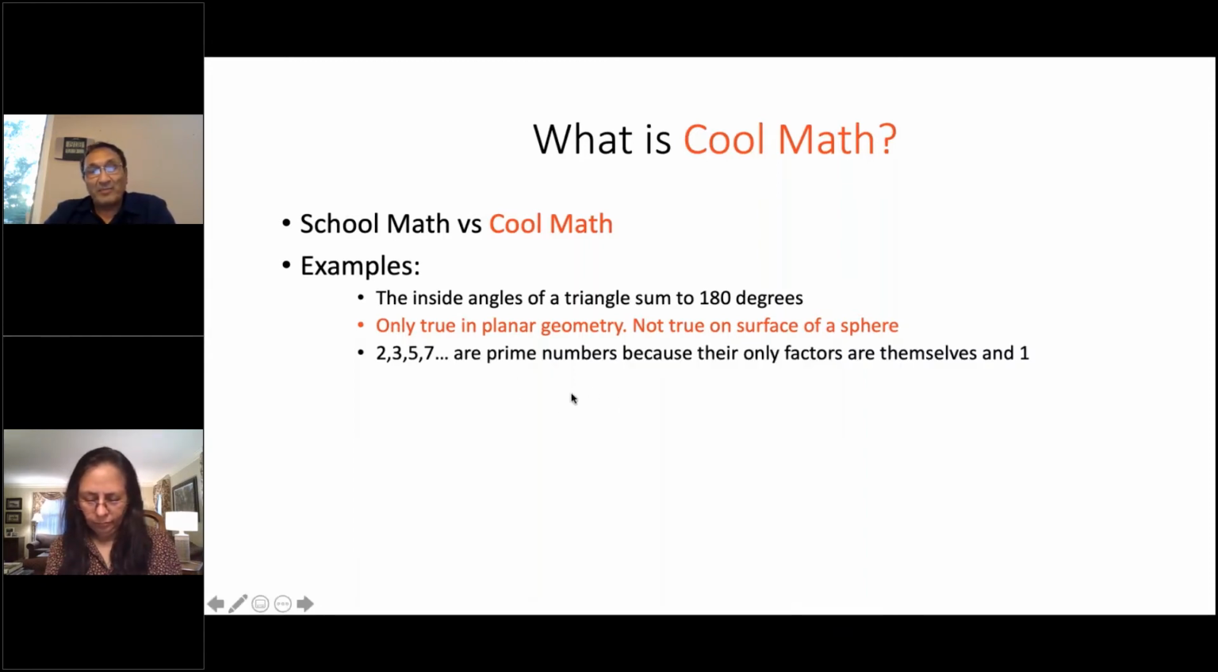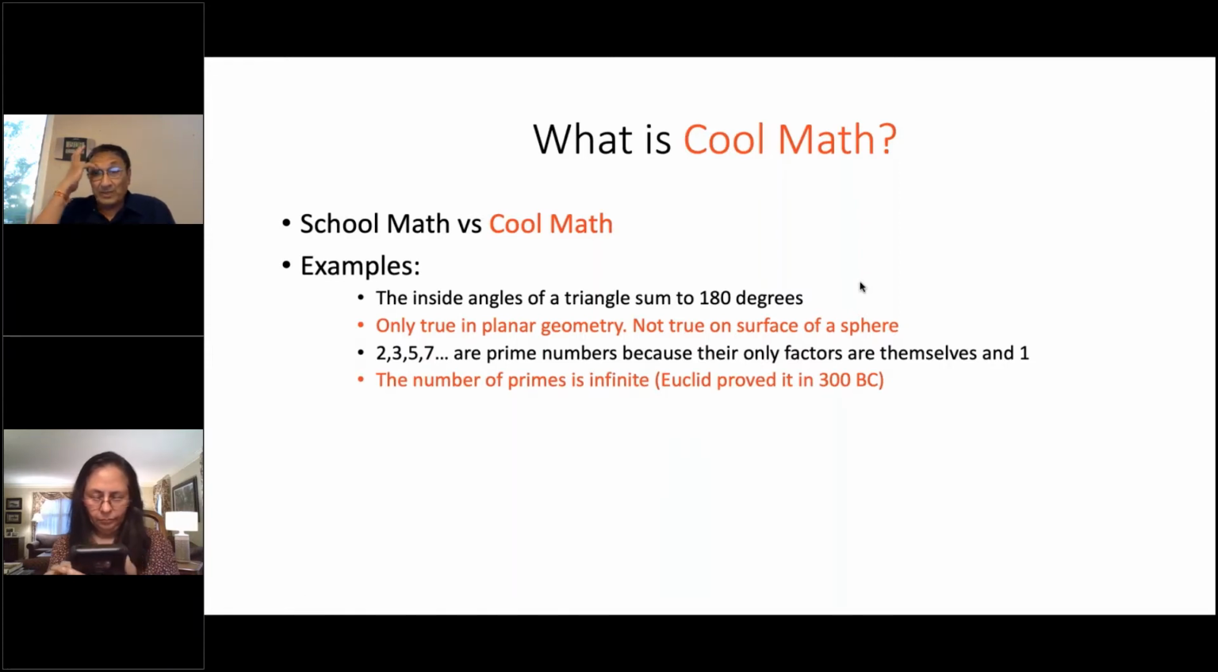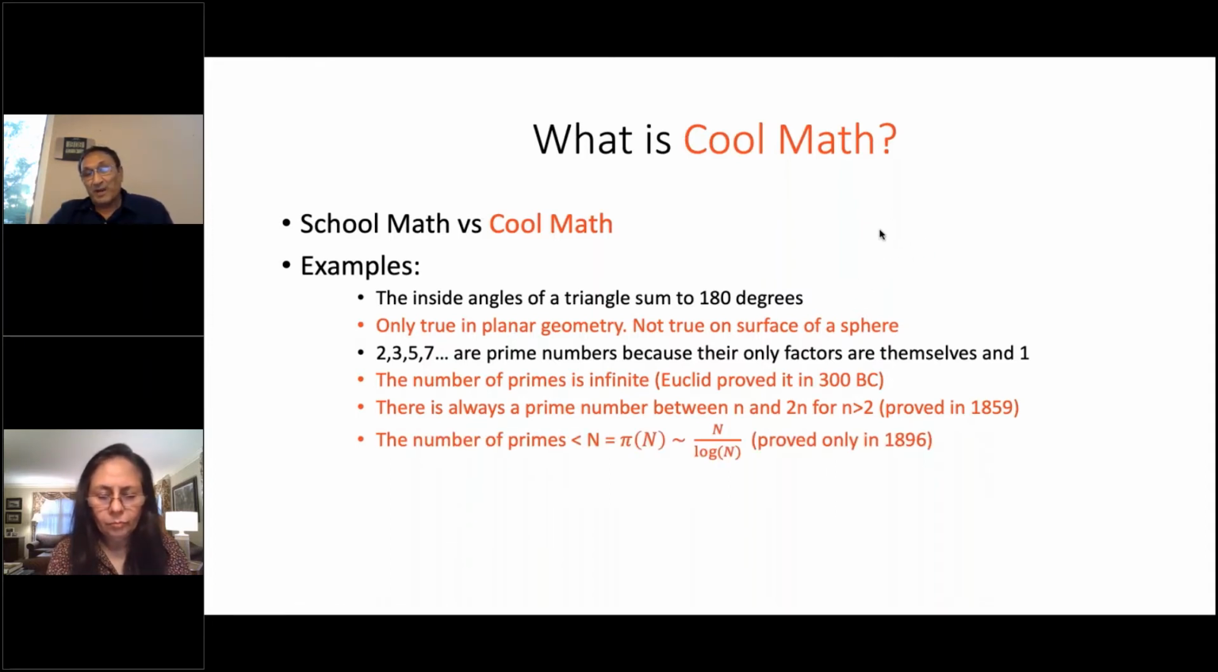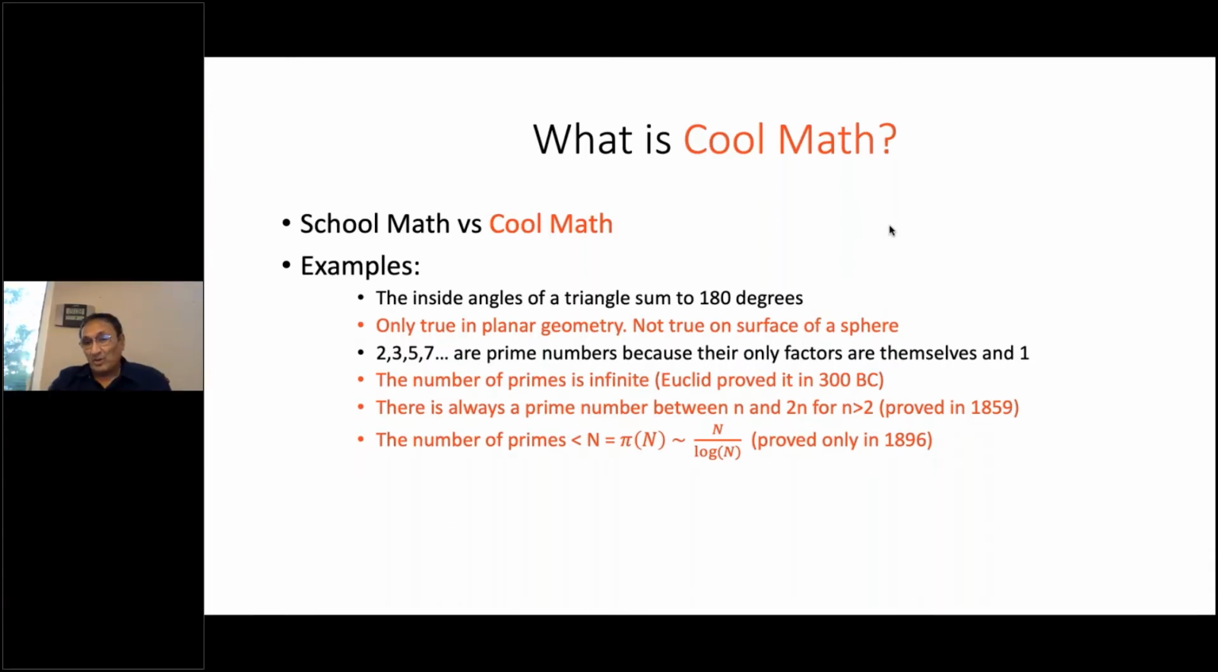Then you're told that there are things called prime numbers, which are special because their only factors are themselves and 1. But you're not told some other cool things about primes. For example, that the number of primes is infinite. Euclid proved this in 300 BC. That there is always a prime number between n and 2n for any n greater than 2, which was only proved in 1859. And that the number of primes less than some number n goes like n over log n, which was only proved in